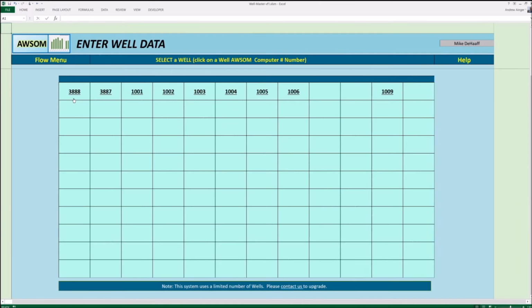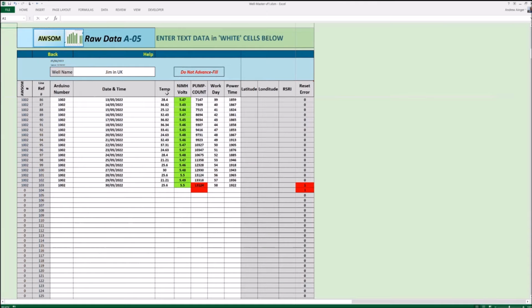Right, let's go and have a look at 1002. And here we are, that particular well, and there's the red one there, and straight away we can see the reason for the error. This is like mileage on a car. This is always increasing. And so when it decreases, it's like somebody has turned the clock mileometer back, which is incorrect and should not happen. So when it's got 13,124, where the day before it had 13,318, more miles on the clock, more water from the well,